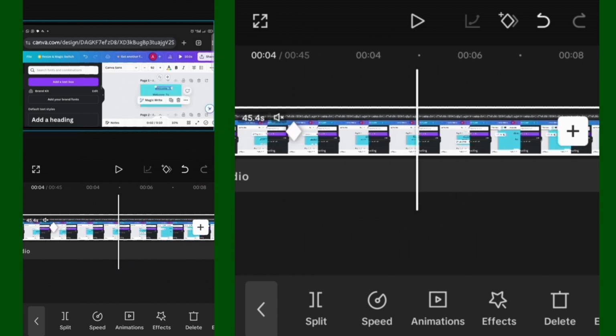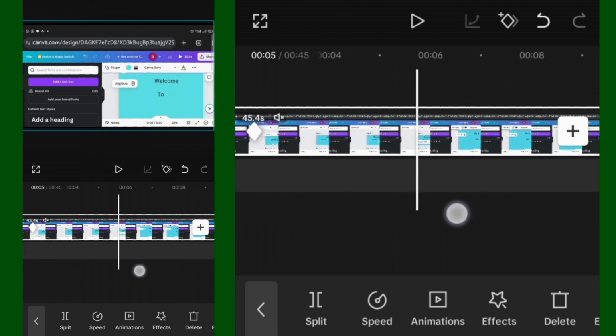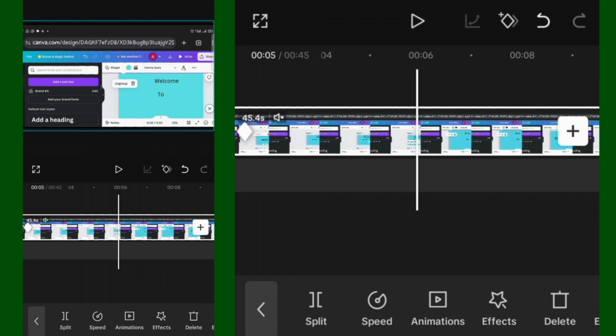This is where I want the zoom in to stop, I mean the end of the zoom effect. I will need to place two fingers on the screen of the video. Then I will drag it outwardly. That is the zoom in effect. Immediately I drag it outwardly with my fingers,